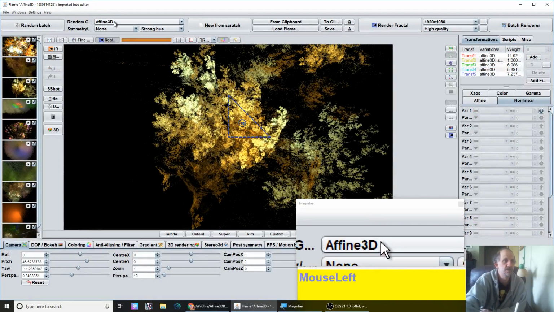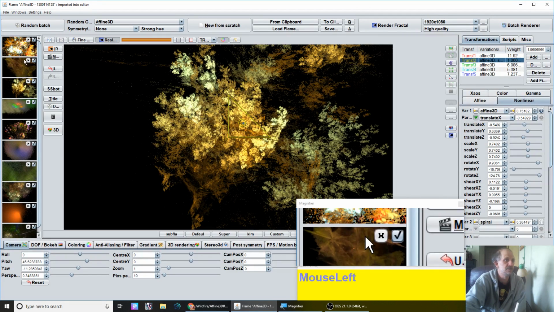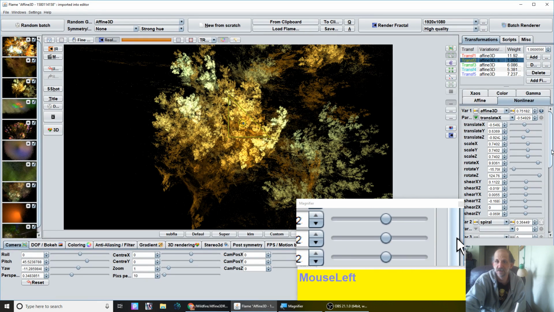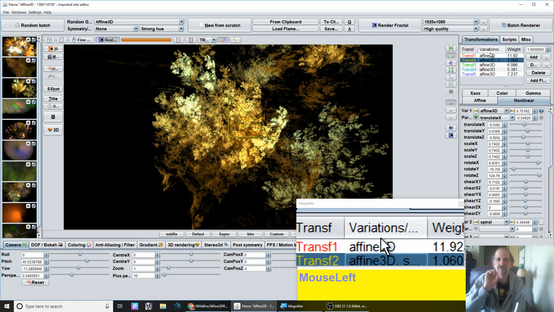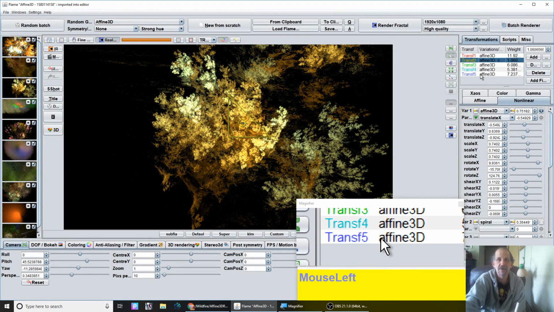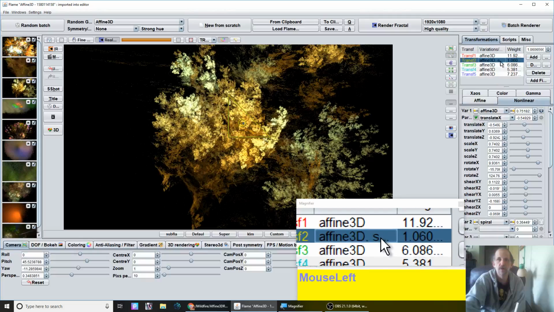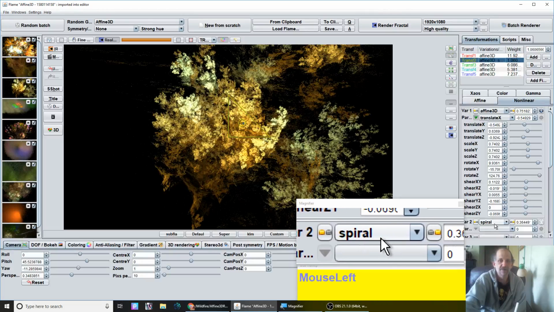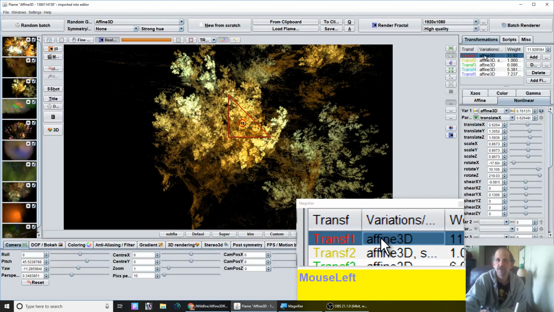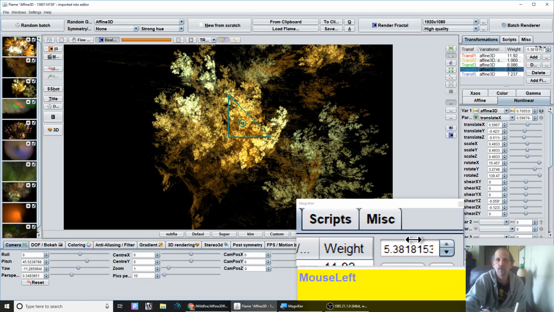And so what the Affine3D random gen does is it adds 3 Affine3D variations, and in some cases it randomizes the amount of transforms here, but they all have Affine3D. In some cases, they also add another random variation to one or more of the transforms. For example, here, this one has spiral added to the second transform, along with Affine3D. And you can see that it randomizes the amount of the variation, the weight of the variation,